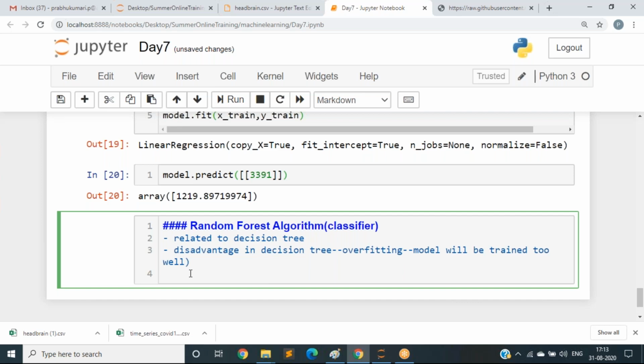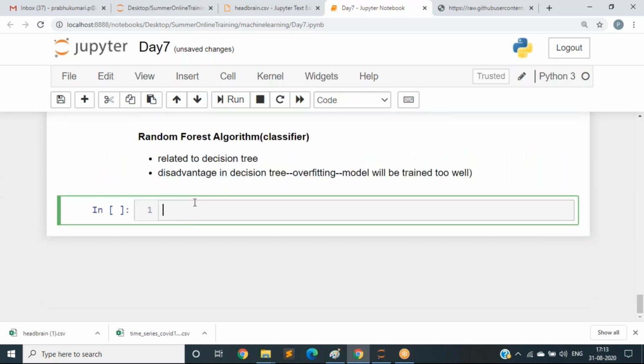To import the data set, data equal to pd.read_csv of diabetes.csv.